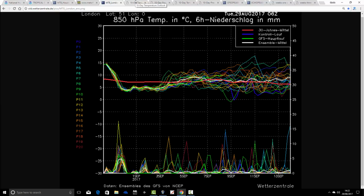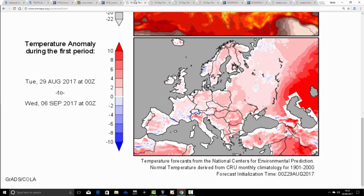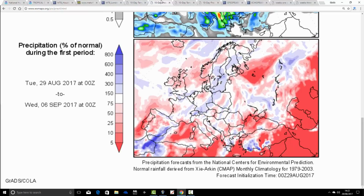over the next week or two. Temperature anomalies for the UK coming out ever so slightly warmer than average, as it is through most parts of Western Europe, actually. So a fairly mild week coming up. The precipitation anomaly shows that it's drier than average in the north, but a little bit wetter than average down